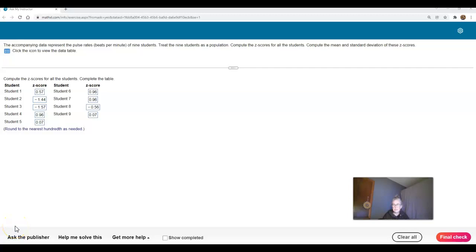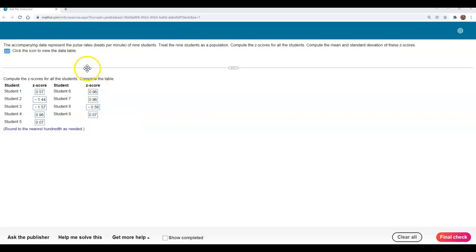This question is for homework from section 3.4 in the textbook. So let's get into it. This question asks you to compute z-scores for students, but I just want to pause here and point out